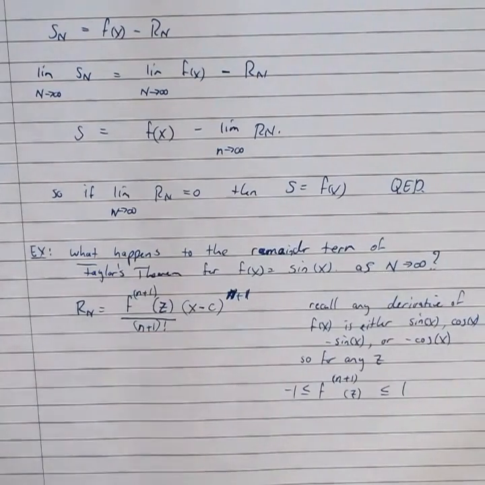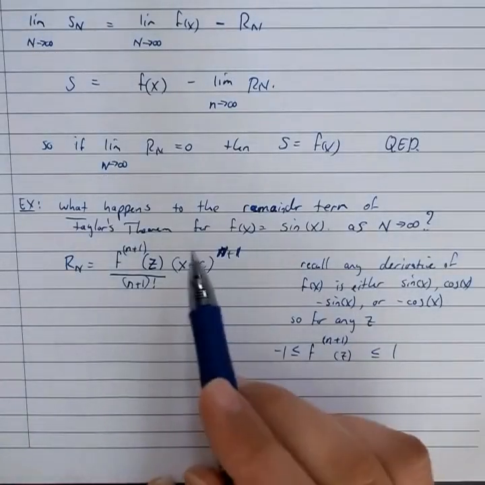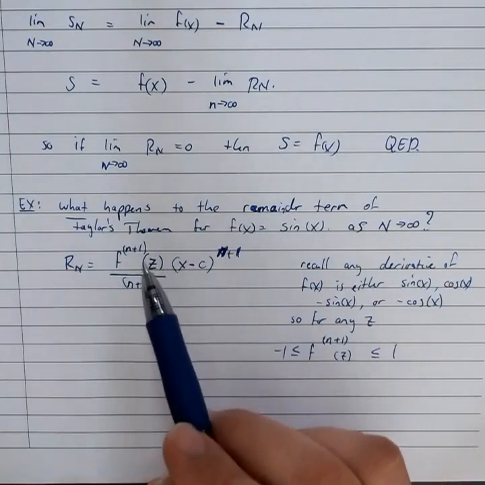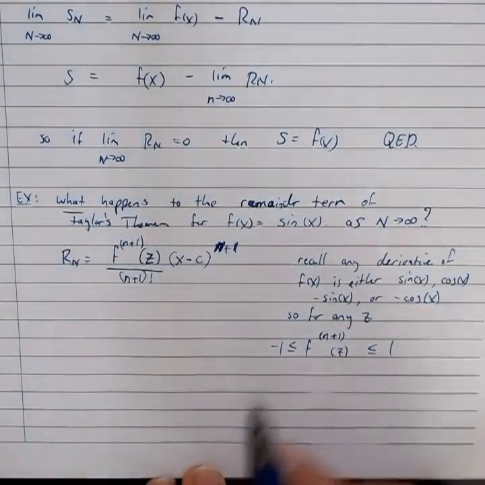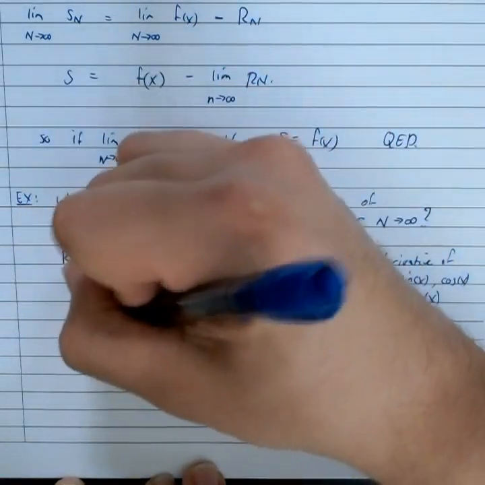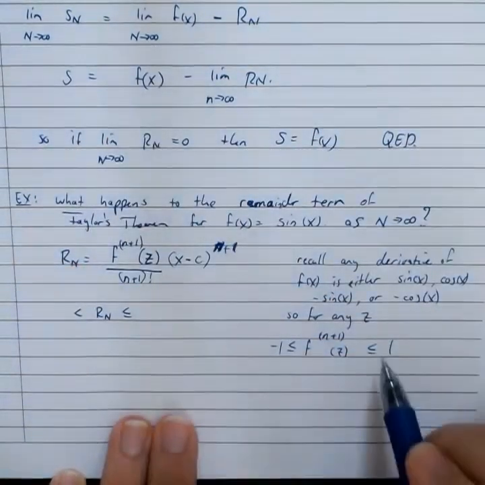So it doesn't matter what we plug in there. That means that our polynomial has a remainder term whose numerator is bound between minus 1 and 1. Okay, so that means that R sub n is bound between,